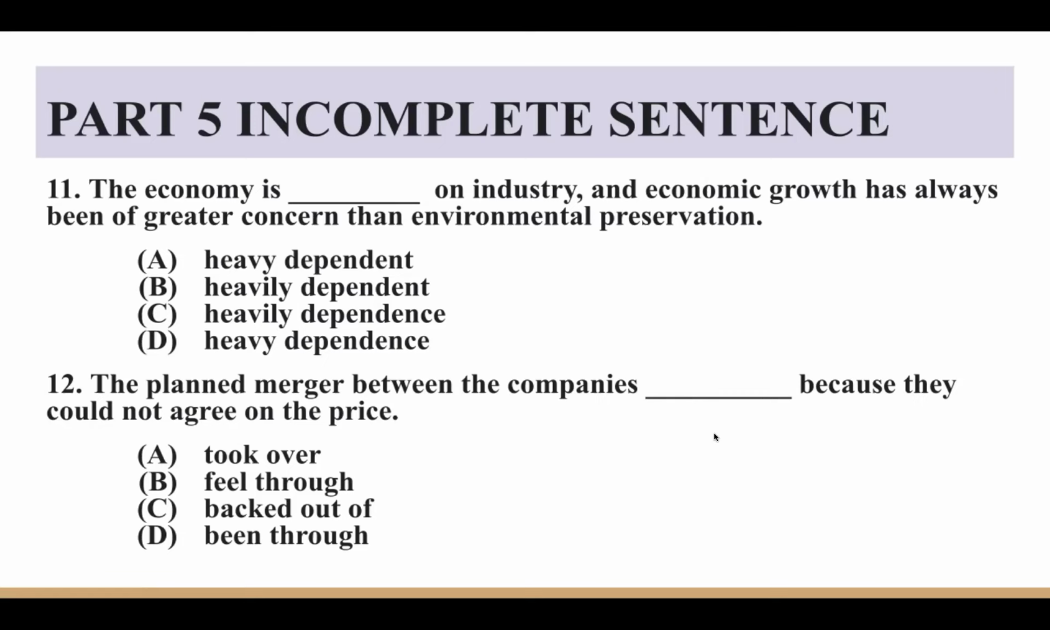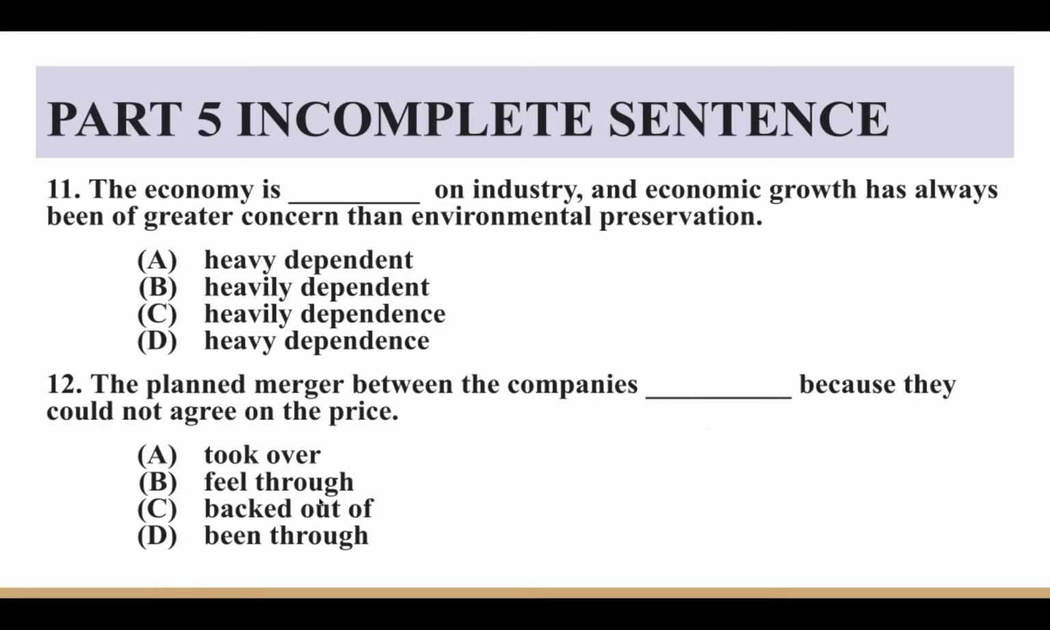B, right? Were you in time? Very good. Planned merger between the companies, because they could not agree on the price: took over, fell through, back out of, and been through. Because they could not agree on the price, meaning that it contradicts each other. Is that right? Took over, fell through. I don't think so. Fell through, it means that